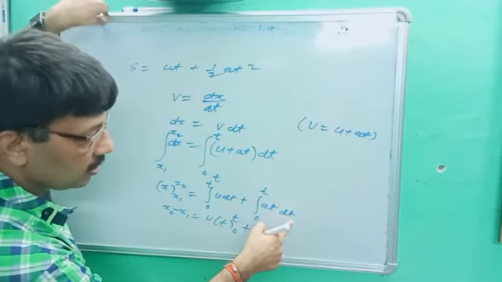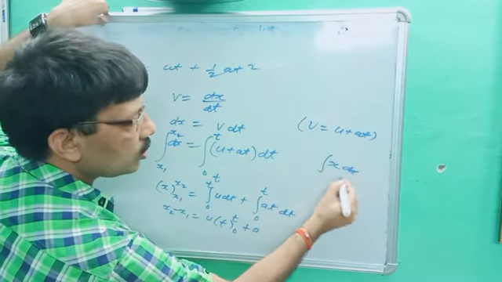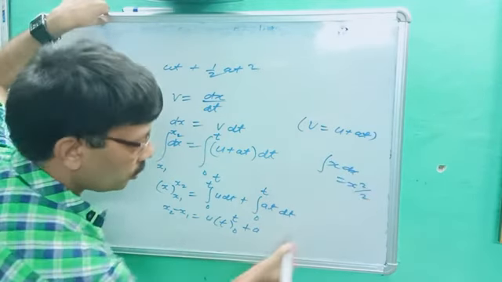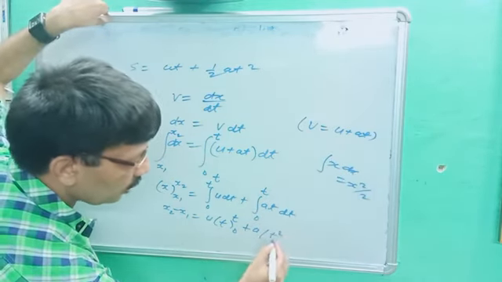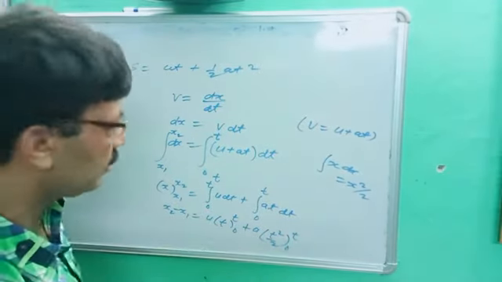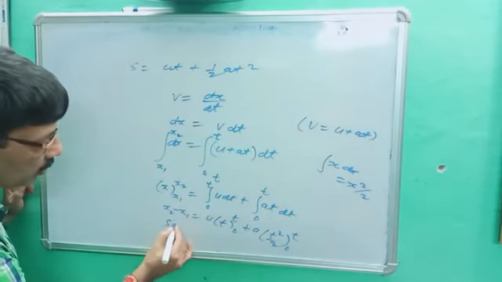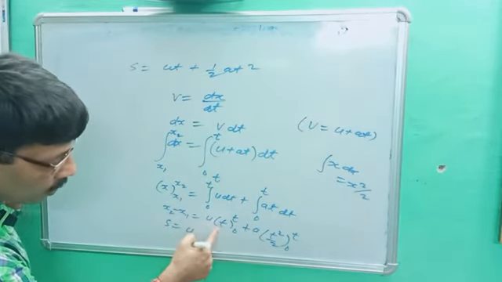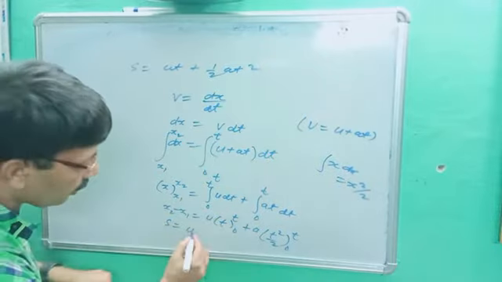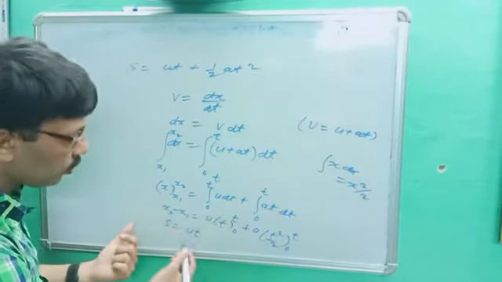What is t dt? You better know, integration of x dx is equal to x square by 2. So t dt gives t square by 2, limit 0 to t. You have to put the higher limit minus the lower limit. So displacement, x2 minus x1, is equal to u. Higher limit, in the place of t you put t, and in the place of t if you put 0, it becomes 0, no need to write.